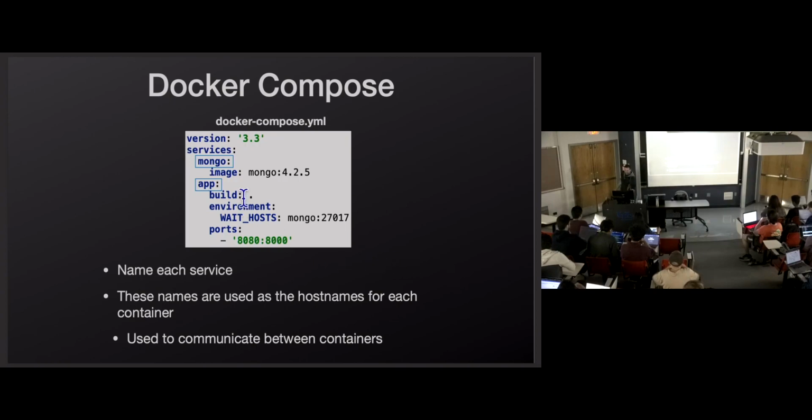Yeah, it'll have the port exposed, but it won't expose it to localhost. So from localhost, from your device, you won't be able to access that Mongo container, because you can add ports and expose it, but by default you won't. But you will be able to access it from another container.